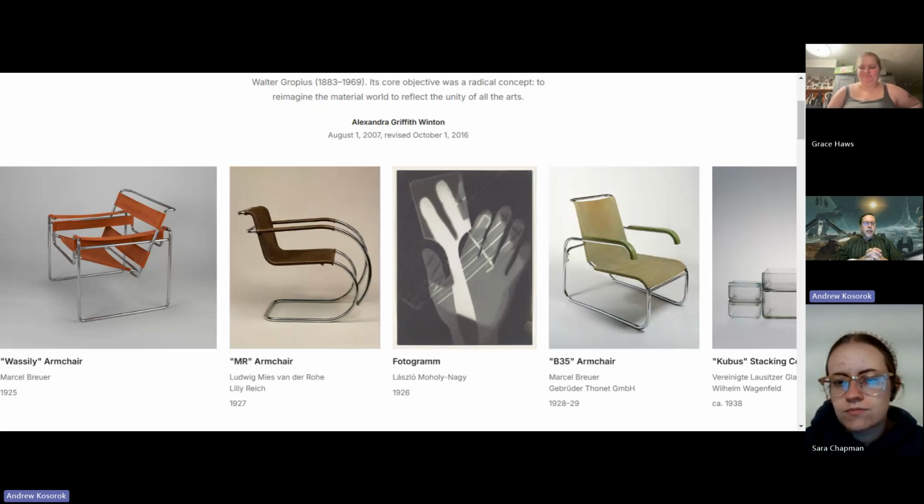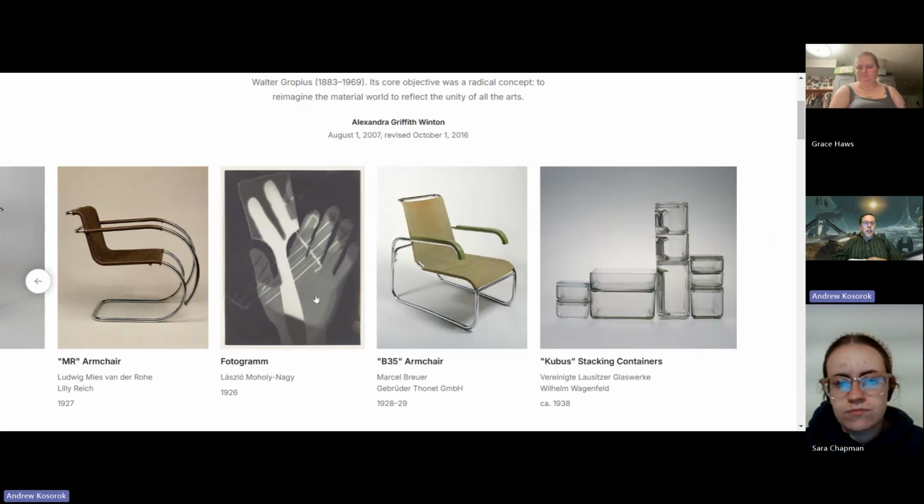You know, and the constructivists as well as the Bauhaus and a lot of people at this time were using materials that were just coming on the market, that were just becoming available, and they were exploring things that today we would not want to use because it's difficult to use these materials responsibly. But at the time, things like bakelite and plastic were absolutely fundamentally revolutionary. And like you said, it's hard for us to wrap our brains around today because this is stuff that we see all the time.